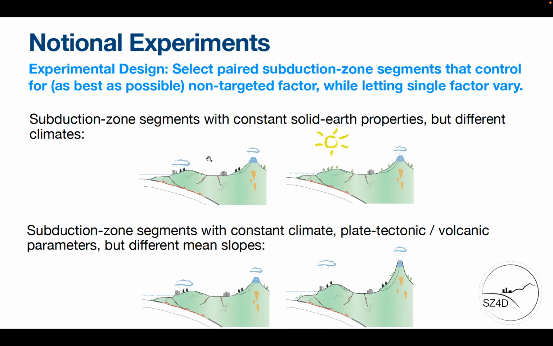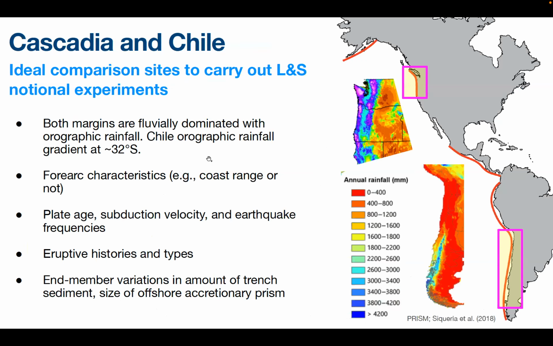So an example would be if you have subduction zone segments with constant solid earth properties but different climates, or you can have a subduction zone segment with constant climate and different other properties such as plate tectonic and volcanic parameters, but different mean slopes. So I'm not going to really be able to talk about all of the lengthy discussions that we had about